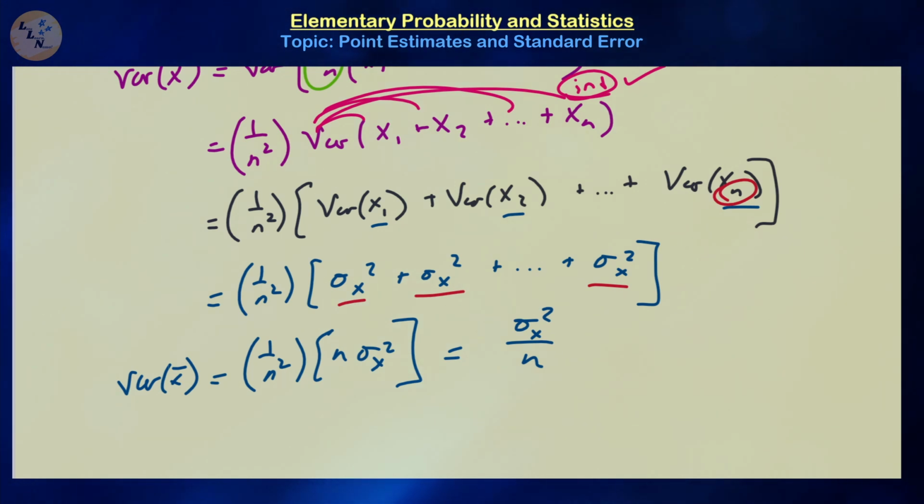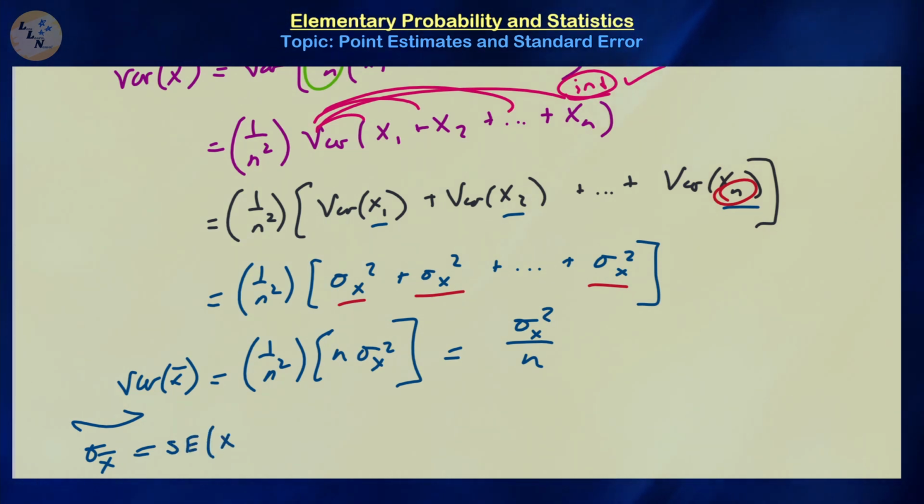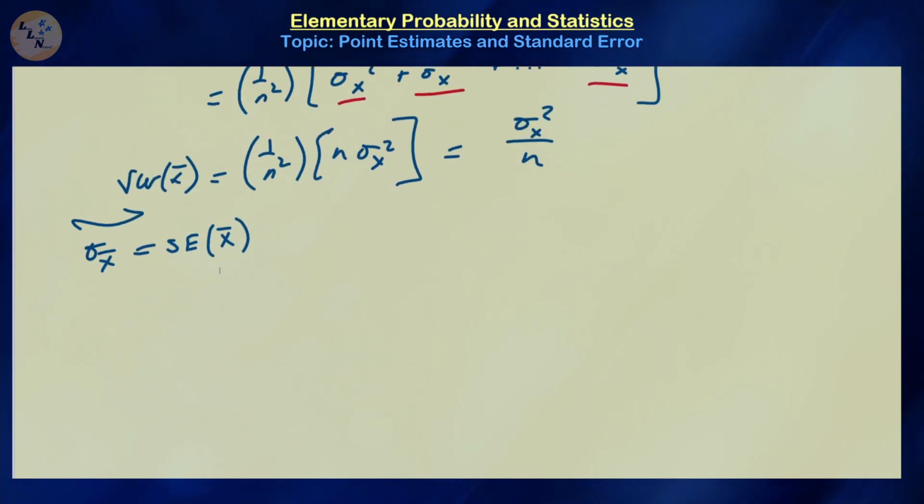This is not in the same exact unit as our measurements, so instead of defining the standard error as the variance, we define standard error as the standard deviation of the statistical estimate for the parameter that we're interested in. So therefore, the standard deviation of x bar, which we're going to be abbreviating by SE x bar, which is shorthand for the standard error